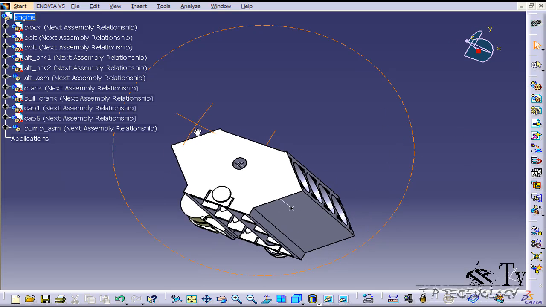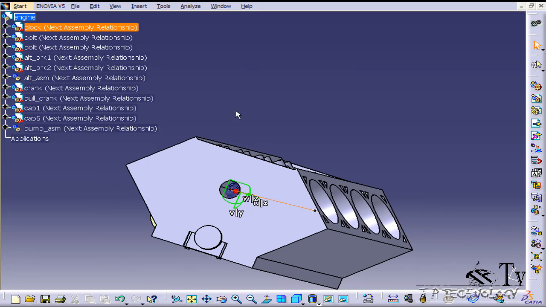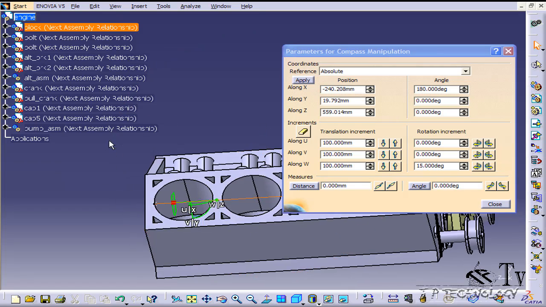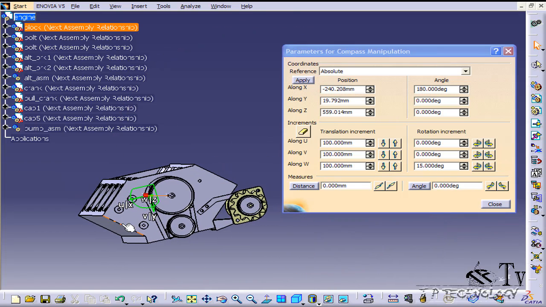So zoom into it and throw the compass and make sure that it's right on it. You'll know when it's on it when it snaps to that line. And let's double click and go into the properties. So now again, you're able to go through the assembly and use the hierarchy system and pick which parts, assemblies you want to move.